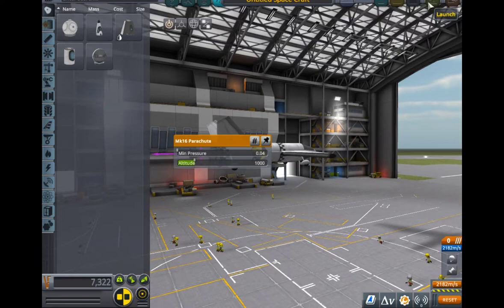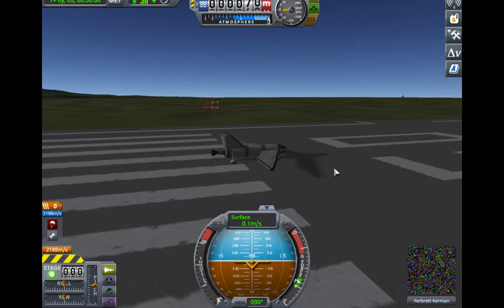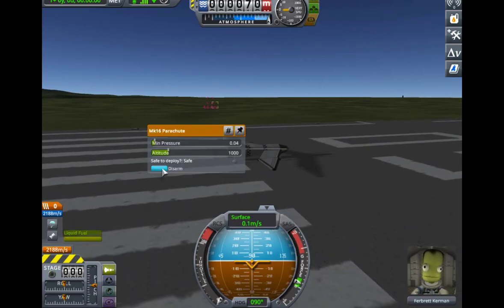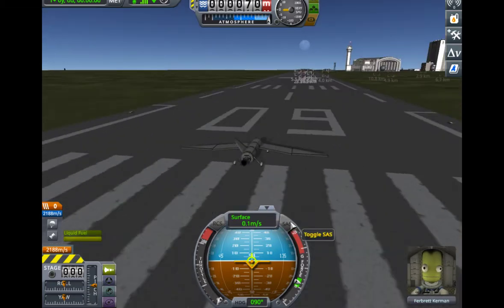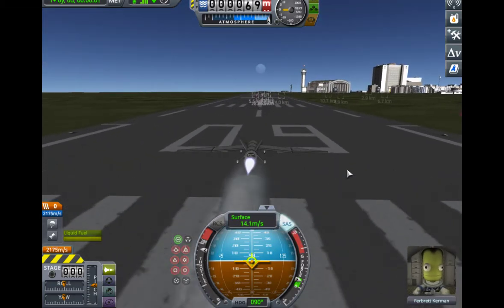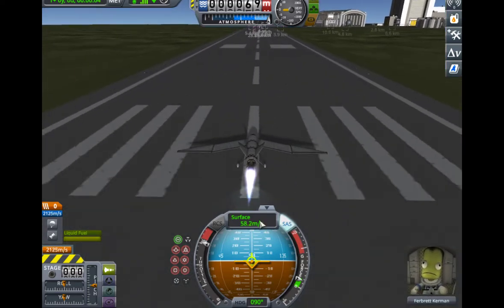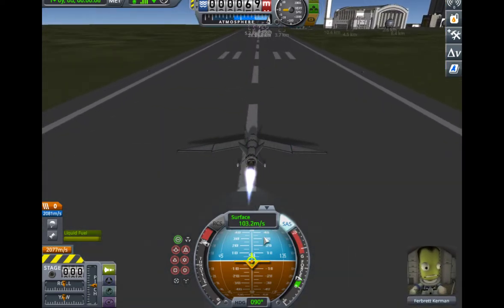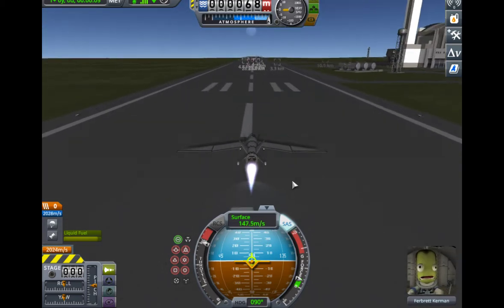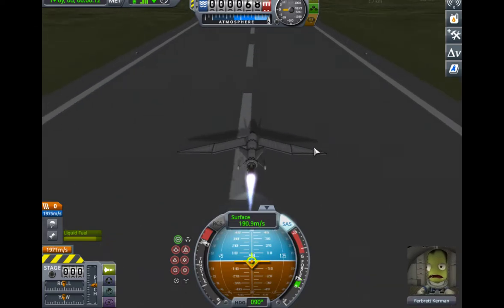Let's see what happens. And I'll tell you why it happens after it happens, or while it happens, either one. I'll wait for it to load. So we're going to first disarm the parachute. That's one of the things you don't want to do. And then lift off. We're going really fast, and we're going to have enough thrust to lift off, hopefully. So let's see what happens.